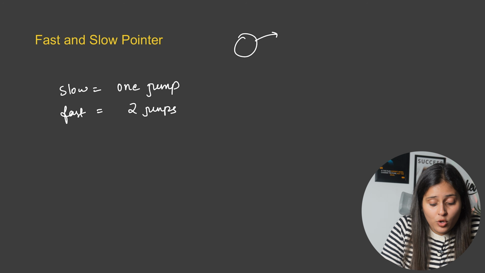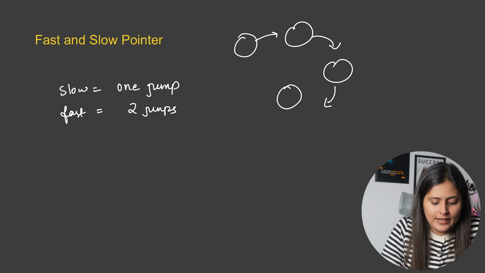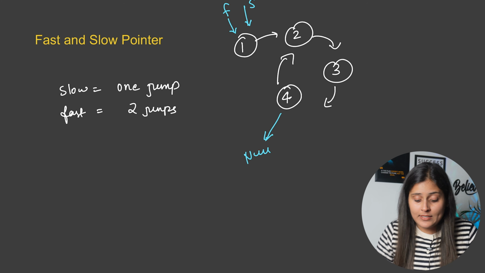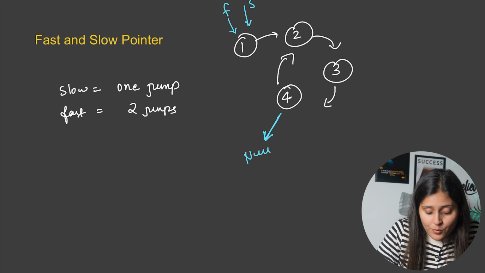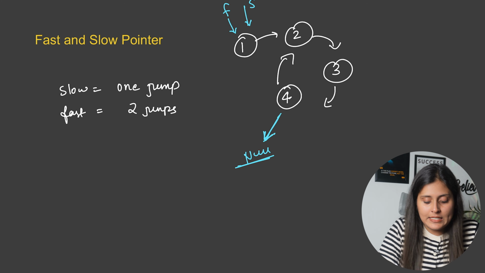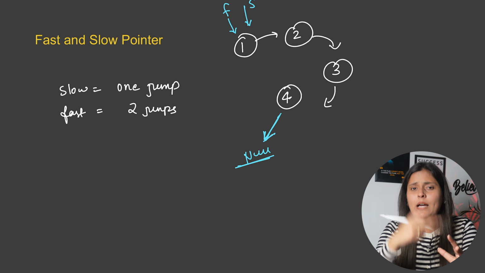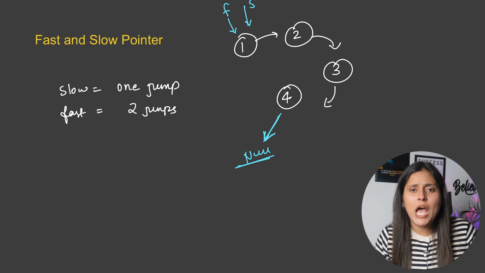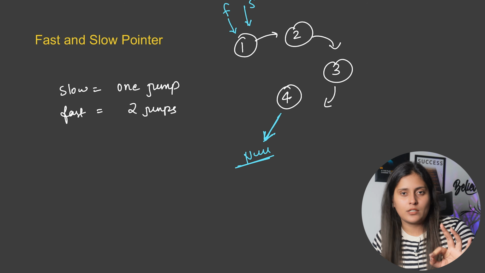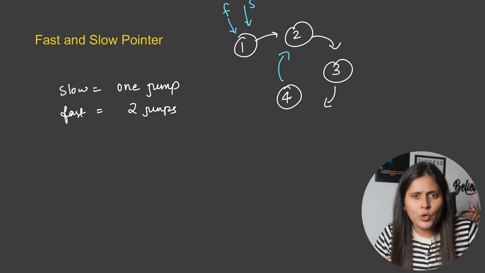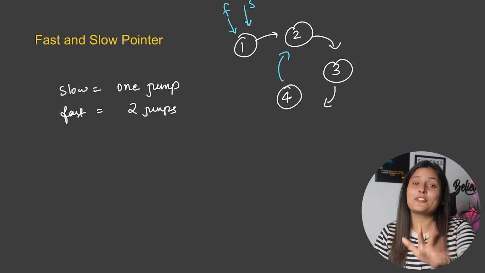And this fast and slow pointer will also help in detecting a cycle in a linked list. How? When there is no cycle in the linked list, the last node's next pointer will be pointing to null instead of 2. And in this case, when fast moves with double speed, there is no chance that slow will ever meet fast. But if there is a cycle, then we don't know when, but for sure fast and slow will meet.